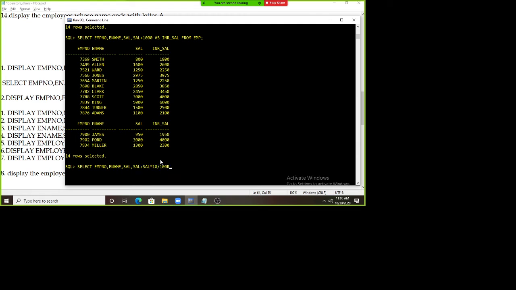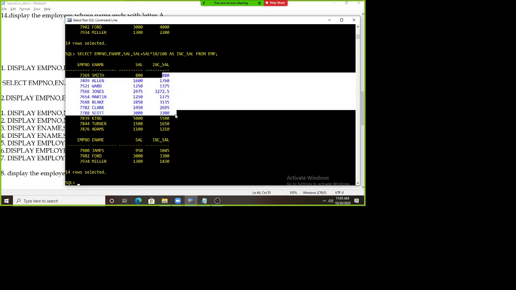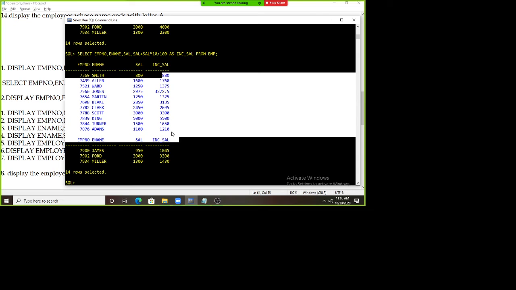So can I create an alias name for this? Yes, as increment salary, from which table? From EMP table. So now I come to understand, see that this is the incremented salary. How much incremented here? 10% from their existing salary.